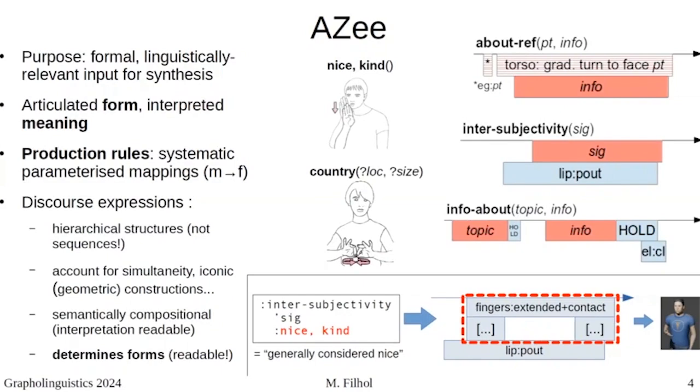This synchronizes a lip pout in front, starting a few frames ahead of the sig. Right, the point of all this is that you can then nest things in one another and build expressions like that, intersubjectivity with nice as the sig, and this means everybody agrees that nice. And that produces forms. That's what I'm getting at: all of this is semantically compositional, but determines the form, so I can drive an avatar. And in fact, we do, and I think I'm running out of time. I'll do this as a bonus at the end, but I can show the actual rendering with the eye gaze first. And so determines forms is in boldface here, because you know, a writing system that we